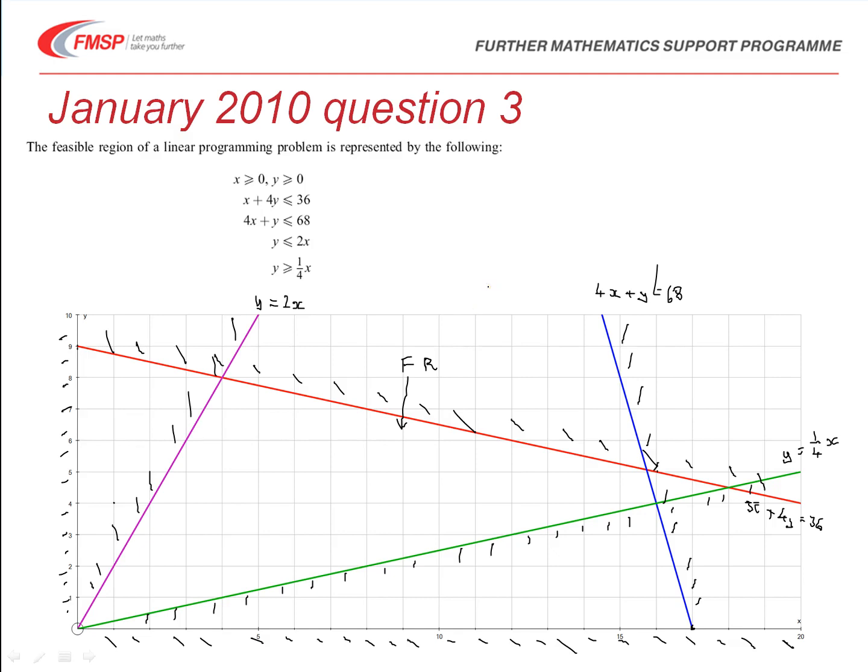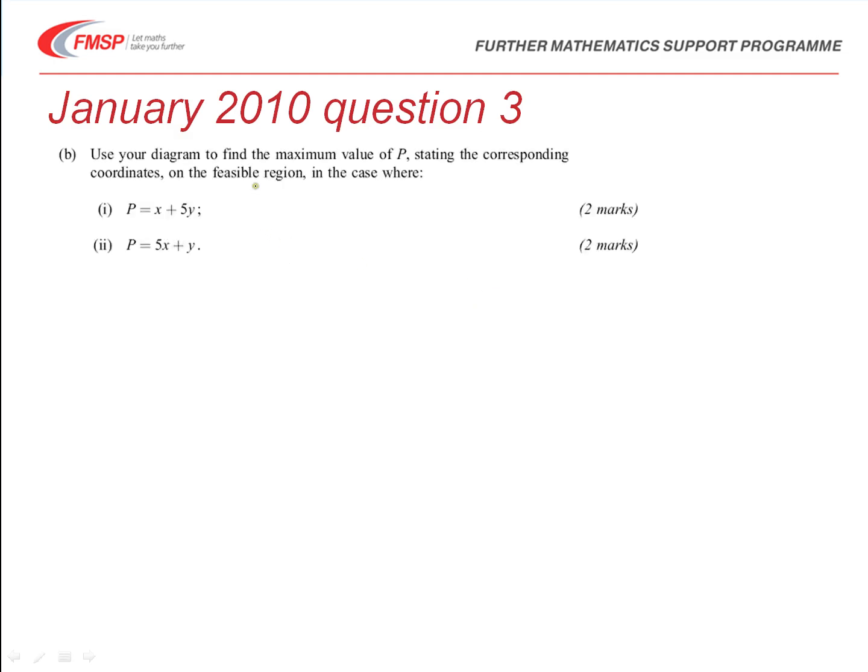Okay, we'll probably come back to that diagram in a moment. Now the next part says use your diagram to find the maximum value of P, stating the corresponding coordinates on the feasible region in the case where, part 1, P equals x plus 5y. This is the thing that you are trying to maximise, what you might call your profit if this was in a specific problem. So if we look back at the diagram,